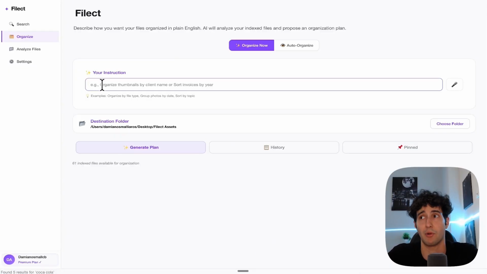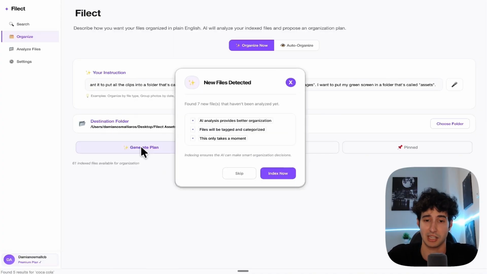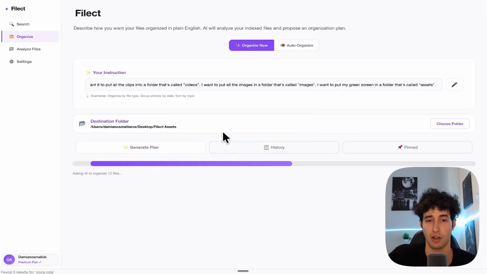Now let's say, for example, that I wanted to put all the clips into a folder that's called videos, then I want to put all the images in a folder that's called images, and I want to put my green screen in a folder that's called assets. And now that I described that, all I have to do is to simply come over here and click on generate plan, which is then going to ask me if I want to allow Filect to analyze these files. So we'll click on yes, and this is going to analyze these files, including the videos,